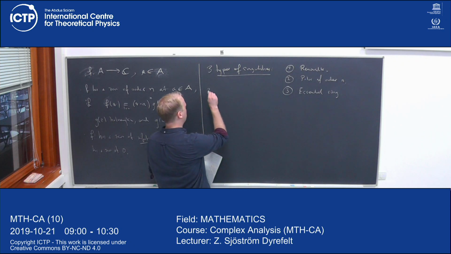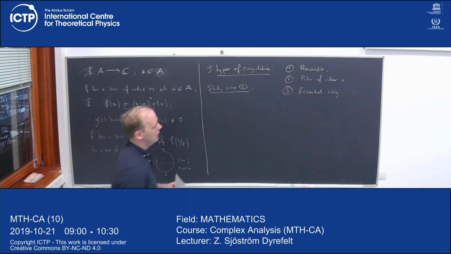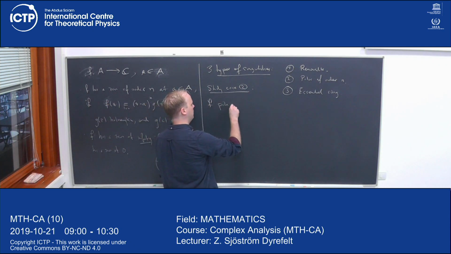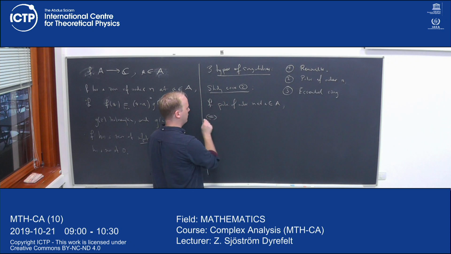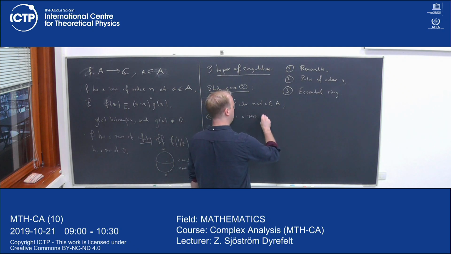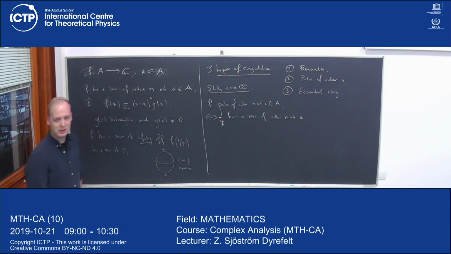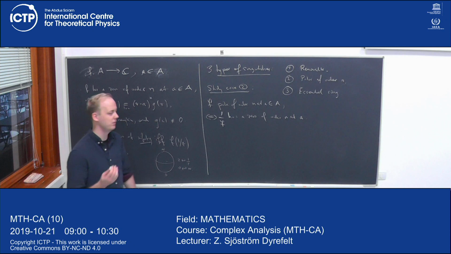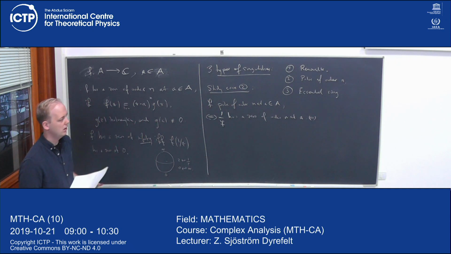So assume now we are in case 2. Study case 2 for a moment. Then we said that f has a pole of order n at A. This corresponded to 1 over f having a 0 of order n at A. So this was the definition, if you remember. You have a pole at a point if and only if 1 over the function has a 0 at that point. So this means, if we look up here,